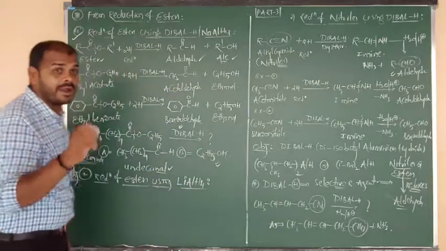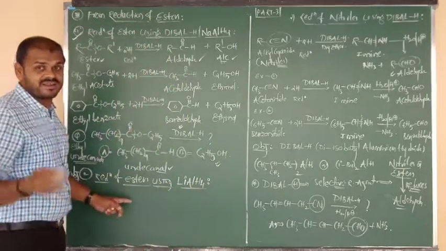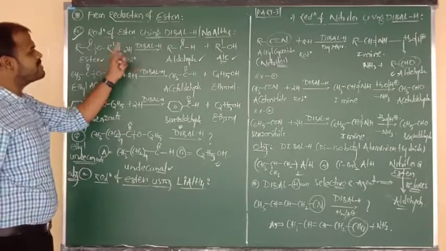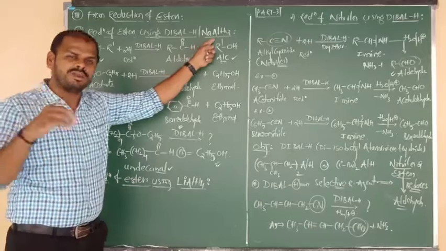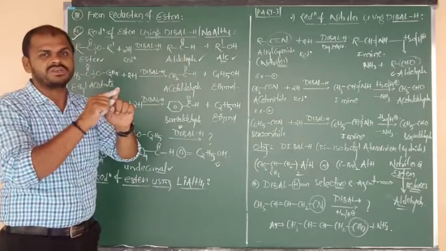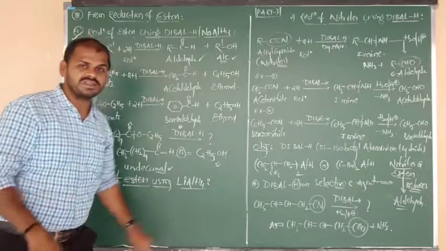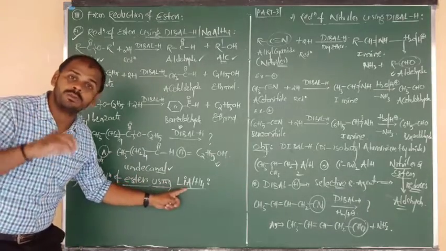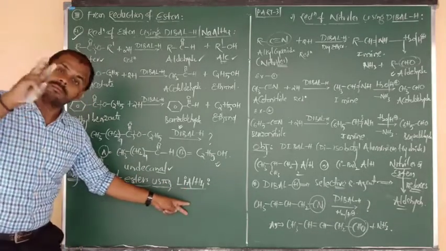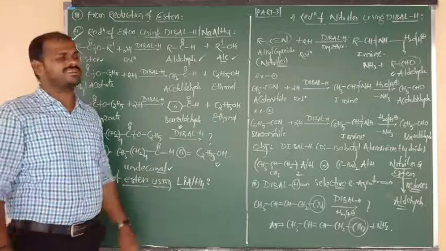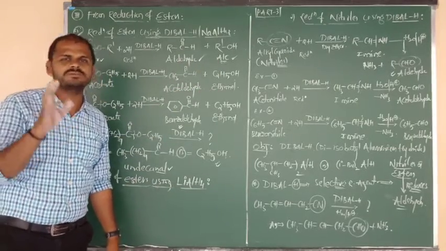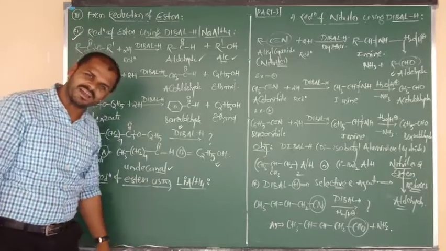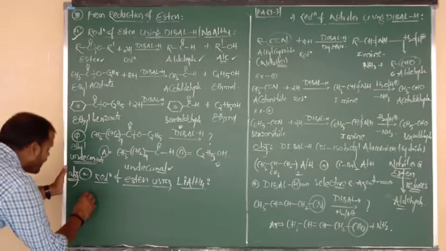So fix this in your mind, I say, the question is asked in the exam repeatedly, very important. Esters upon reduction with DIBAL-H or with sodium aluminum hydride give a mixture of one aldehyde and one alcohol. But upon reduction with lithium aluminum hydride, you again get a mixture, but both are alcohols. Here aldehyde and alcohol, but by using lithium aluminum hydride, both forms change into alcohol. Okay? Good. What is the formula of ester?